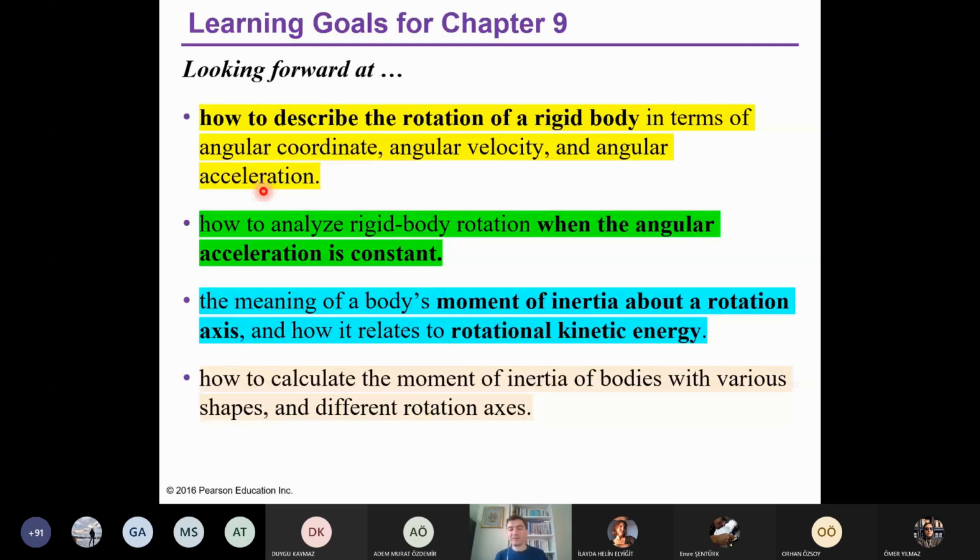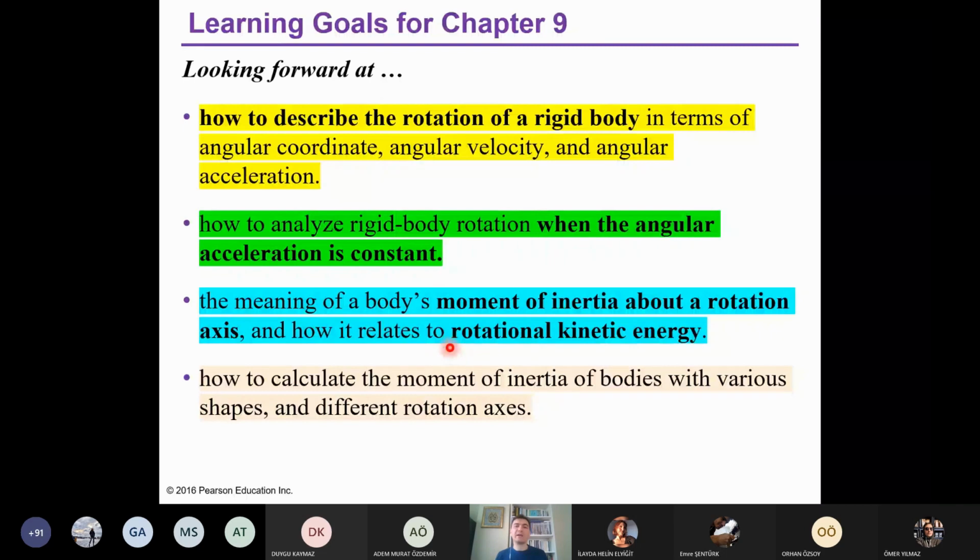During the second and third chapters, we have discussed the linear acceleration. When the linear acceleration is constant, we have some equations, okay? Then we will use more or less the same equations for this chapter when the angular acceleration is constant for rigid body rotation. And in the next lecture, we will talk about the kinetic energy of the rotation or rotational